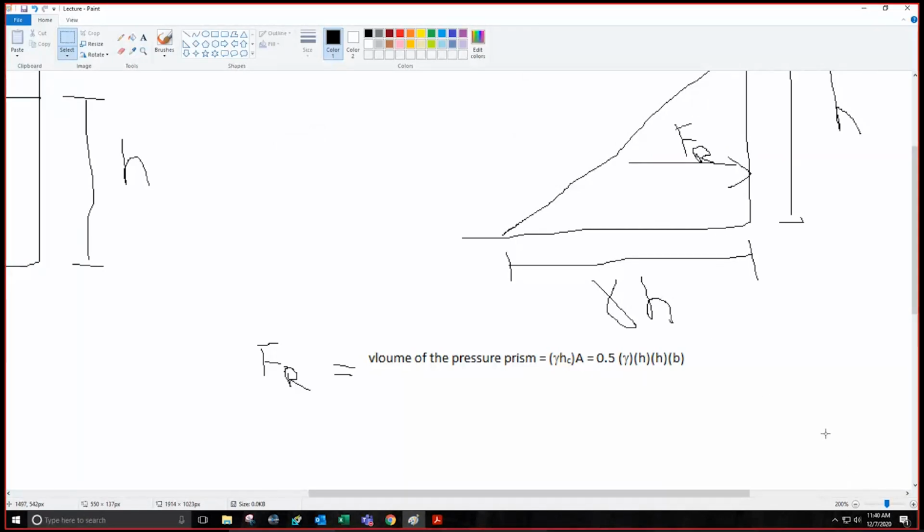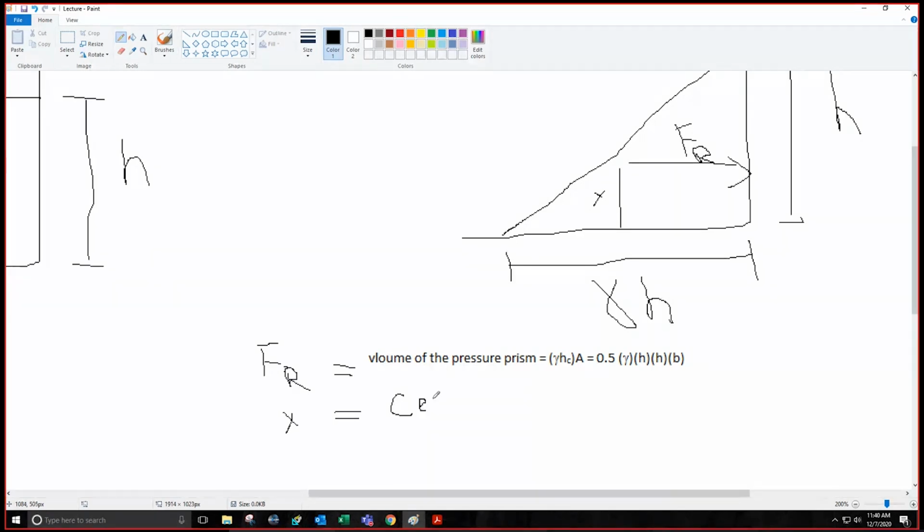So gamma HcA is the regular formula, but area and volume of this triangle or prism is the formula which we are going to use for calculating through graphs, ठीक है? And then we are interested in the location of this force, which is, let's say, y, where this force will act. So we said y will be equal to